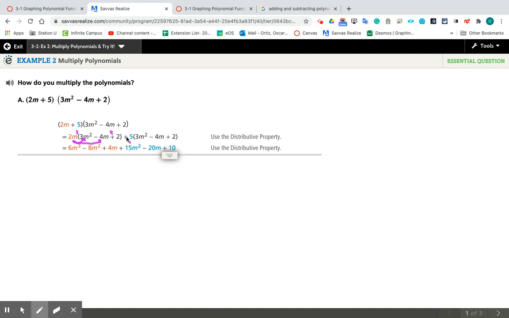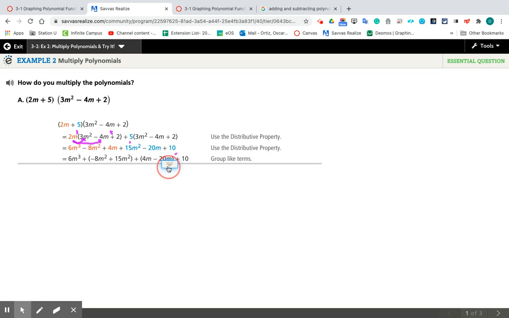It is positive, so it will not change the sign of any of these terms. So this was positive and still positive. This was negative and still negative. This one is positive and still positive. The sign only changes when the number you're multiplying by is negative. So in this case, 15, then 5 times 4 is 20, 5 times 2 is 10. So that is,